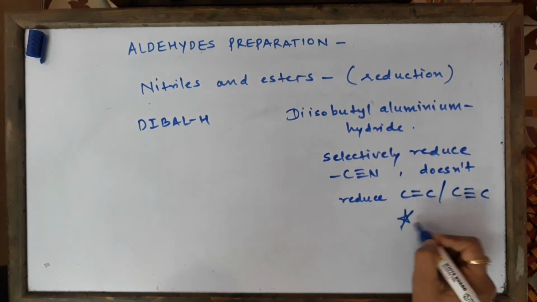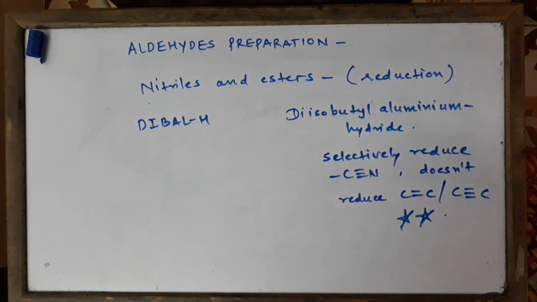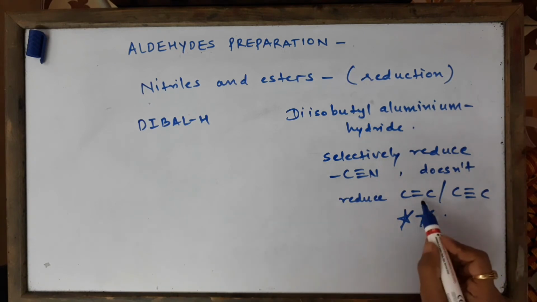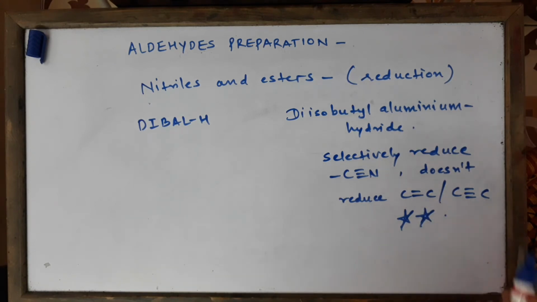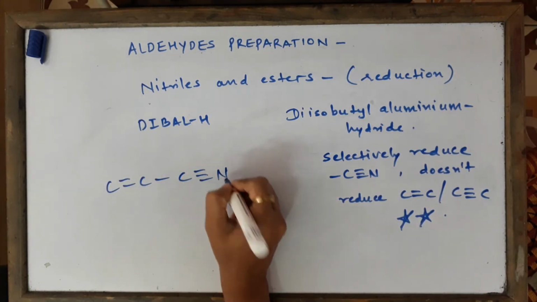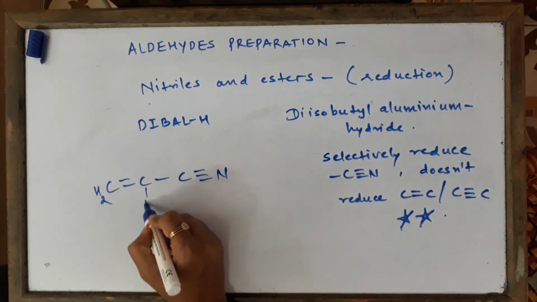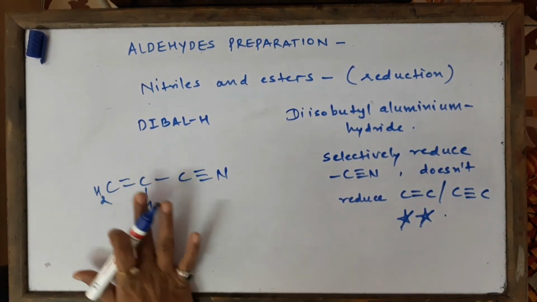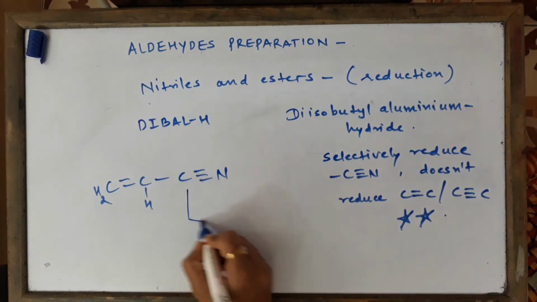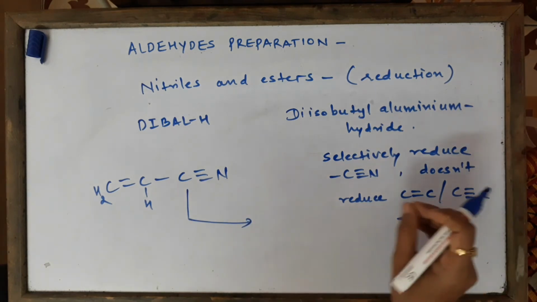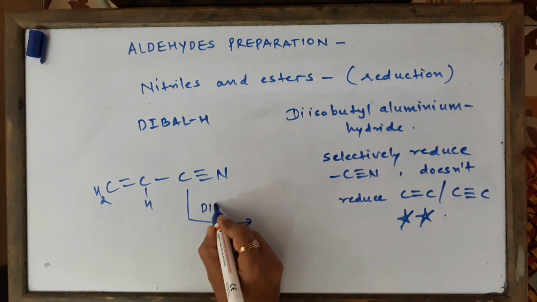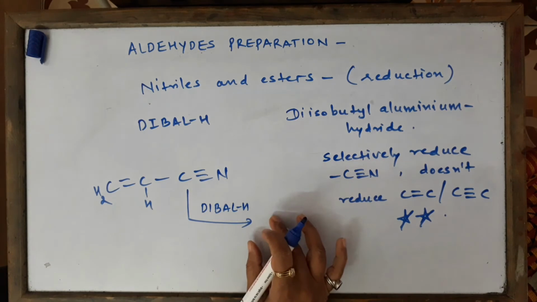This is extremely important from the examination point of view: it is going to reduce only nitriles in a compound. Suppose you have been given a chain, it will not reduce C double bond C or C triple bond C. So in the exam, they are going to give you questions of this sort: 1 2 3 4. See, you must satisfy the valencies. Sometimes we may write wrongly by mistake, so be careful about that. We are going to use this in exactly the same way as we reduce with stannous chloride and HCl, exactly the same mechanism, children. So we just write DIBAL-H in the exam first of all.